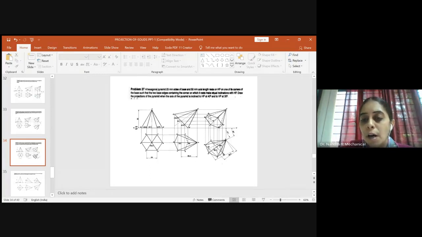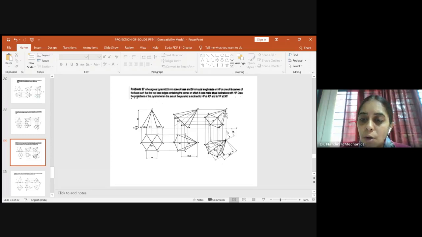So we name the bottom surface. After naming the bottom surface, please do name the center from the bottom surface as well as from the apex. So O1 dash is meeting O dash here. So this is our O dash. O is meeting O dash over here. So this is our O dash. Okay. So after that,